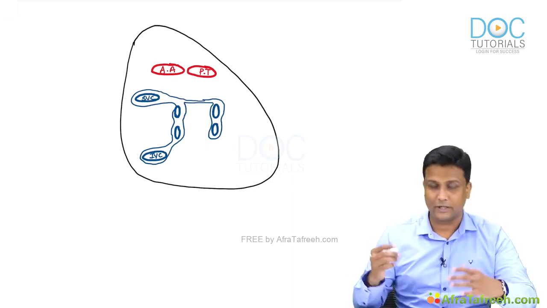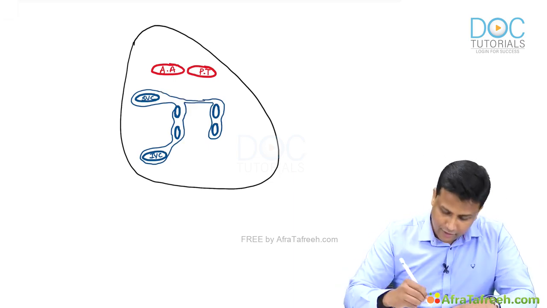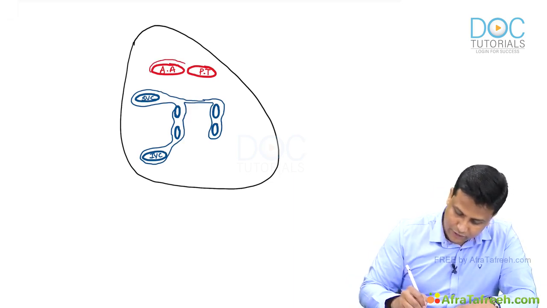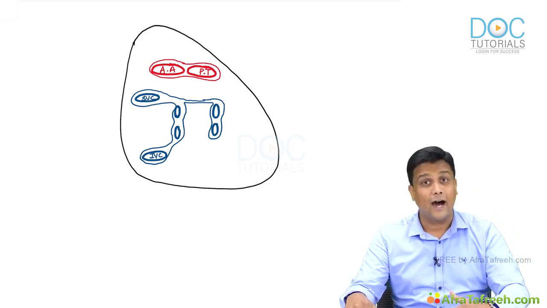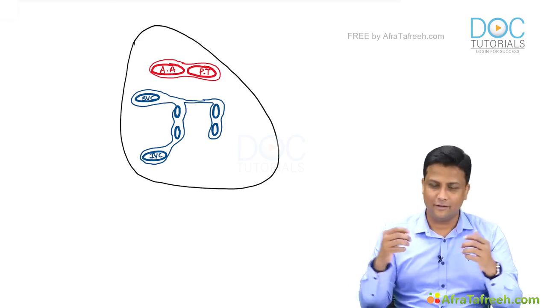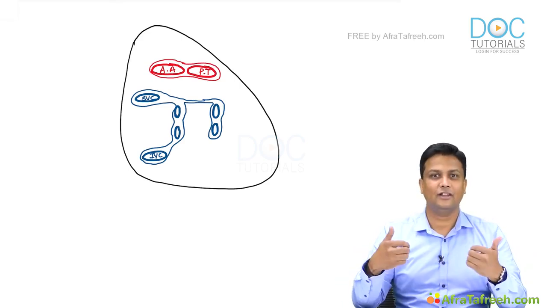They are the ones which are going to bring the blood back to the heart. Whereas the ascending aorta and pulmonary trunk, these two are going to take the blood away from the heart. So these two come under which category? Arterial category. So basically what is happening here, when the blood vessels are entering and leaving the heart,